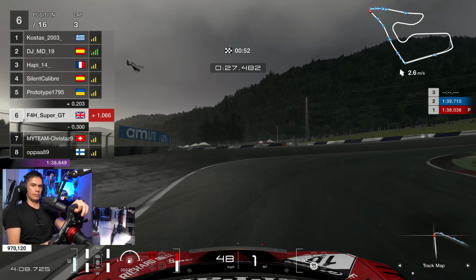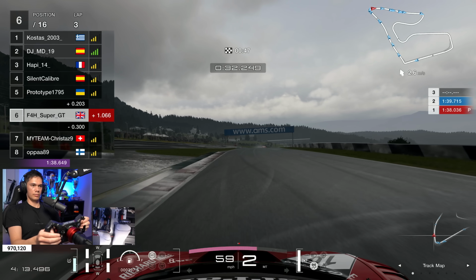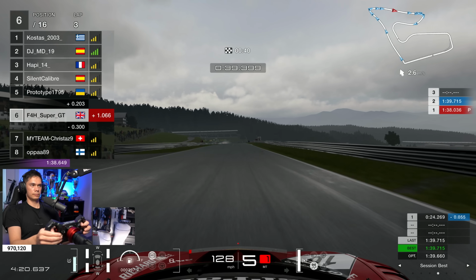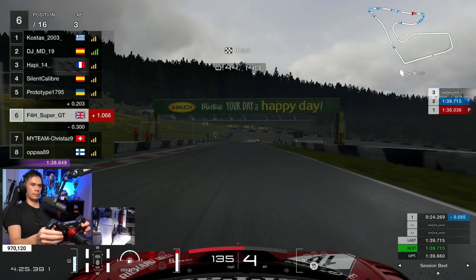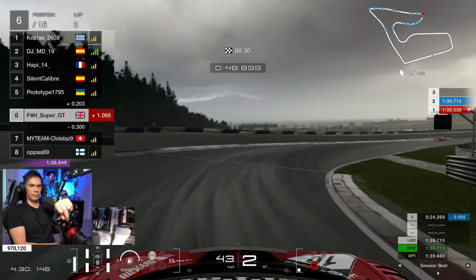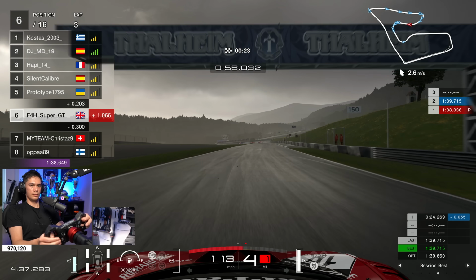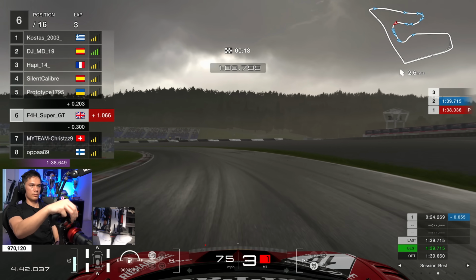Half a tenth up in the first sector, which is not enough really, but I would say the middle sector, especially in the wet, is where the time really is won and lost here. So heading down towards turn 4, heading narrow to try to get off that rubber dry line, braking, and then heading back to the outside to get a better turning in angle. Crossing across the dry line to come back for a slightly narrower exit. Bit of a twitch there on the exit. Luckily, I gave myself enough of a gap in this one, so I didn't really have to worry about traffic